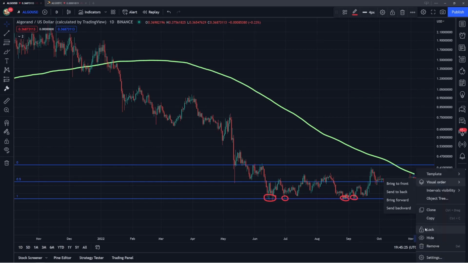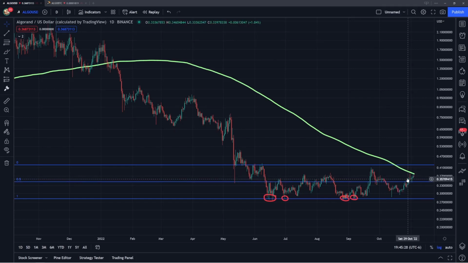But if Algorand does have that rejection and we do come back down, really look to see if we can continue to hold this region and this can continue to be our longer term support. Because if not, then we're going to have to target some much lower levels down from here. And I would say that would be a huge range in which, again, we've entered this range back here in May of 2022. Ultimately going sideways for the last several months.